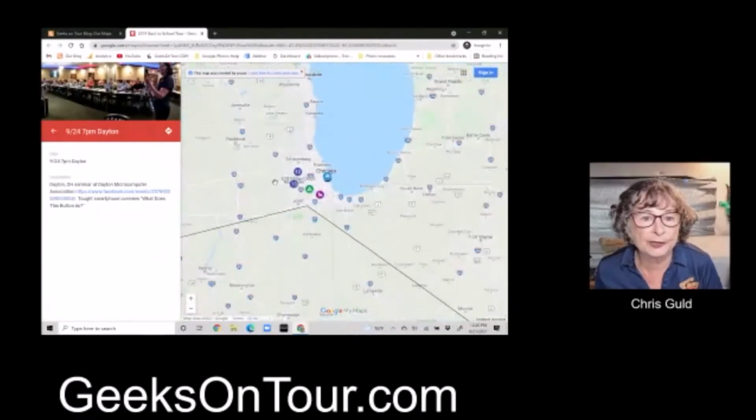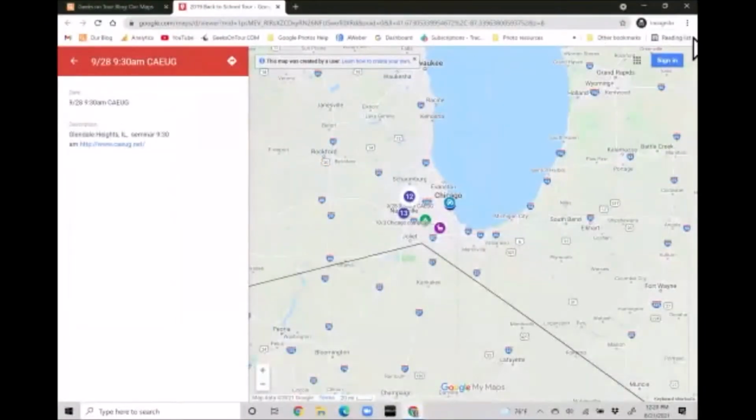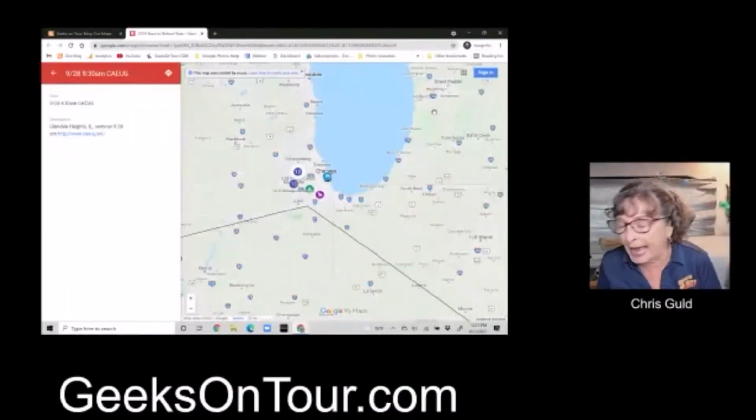Now I come up here to Chicago, and number 12 was the CAEUG group, and there are no photos. I want to show you how to add a photo. So right now I'm in an incognito window. I am looking at this map as if I were one of you, not the owner of the map. So I'm going to go back to my main screen,